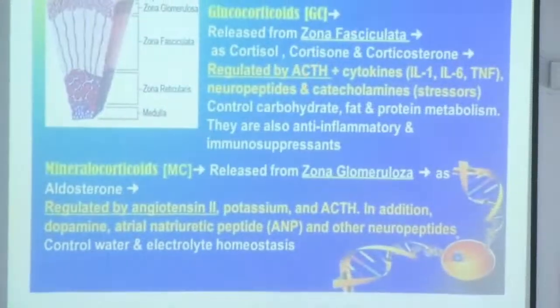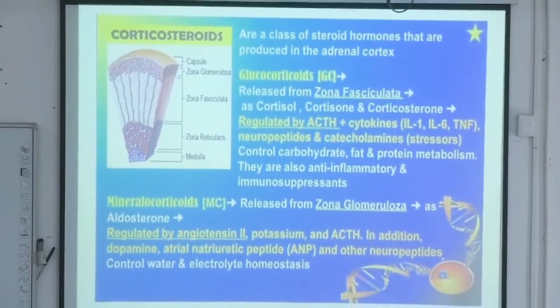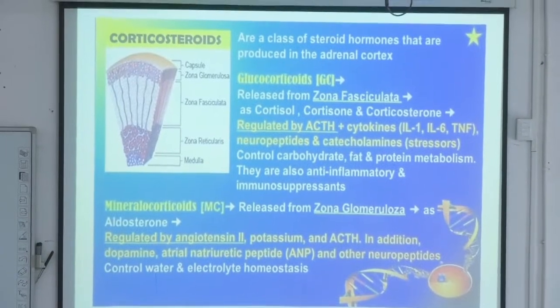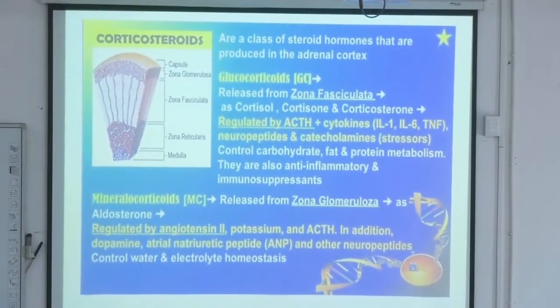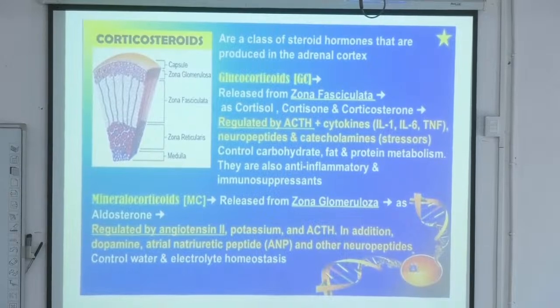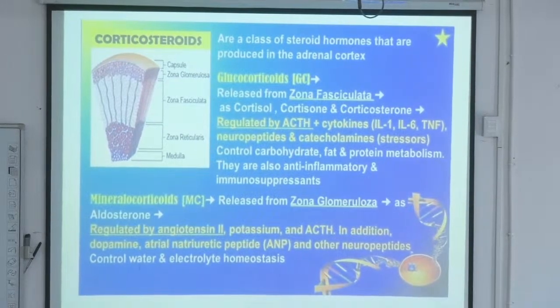Okay, zona fasciculata secretes glucocorticoids. They are cortisol, cortisone, corticosterone. And secretion of glucocorticoids is regulated by... তো previous knowledge কি বলে? ACTH. পড়ে বললি না ভেবে বললি? পড়ে বললি। কি অনেস্ট ছেলে।